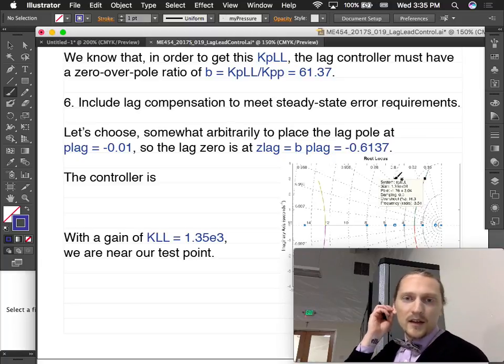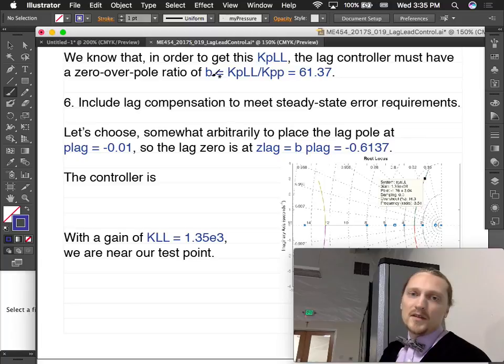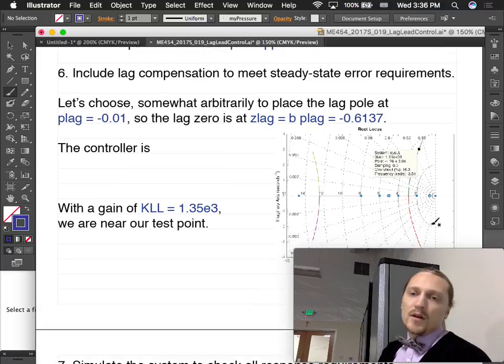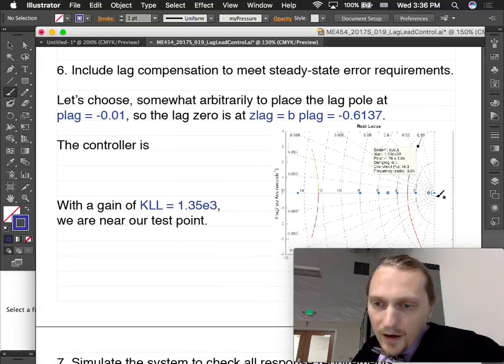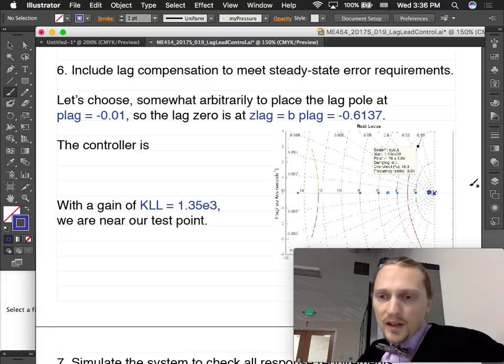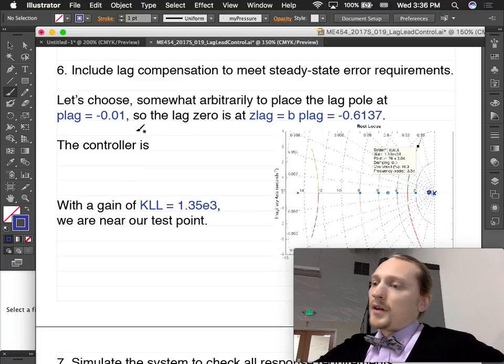So the lag zero, you've got to use this zero over pole ratio to figure out where the pole should be. Stick that out at 61.37 times p lag, so at negative 0.6137. And so this shows that our lag pole is there, our lag zero is there, and the controller then, if you put it all together,